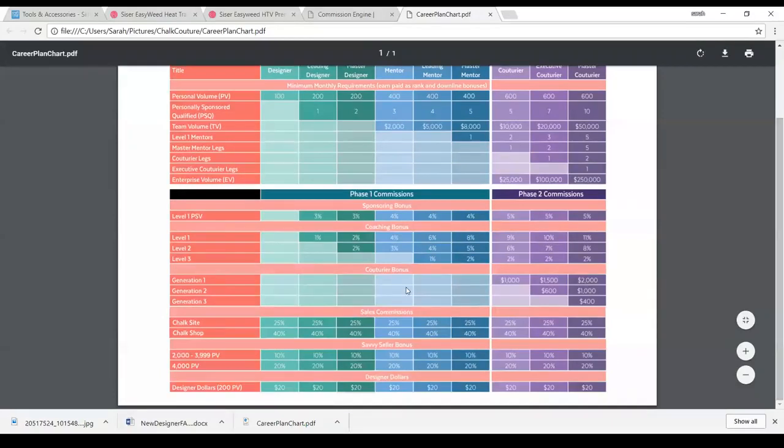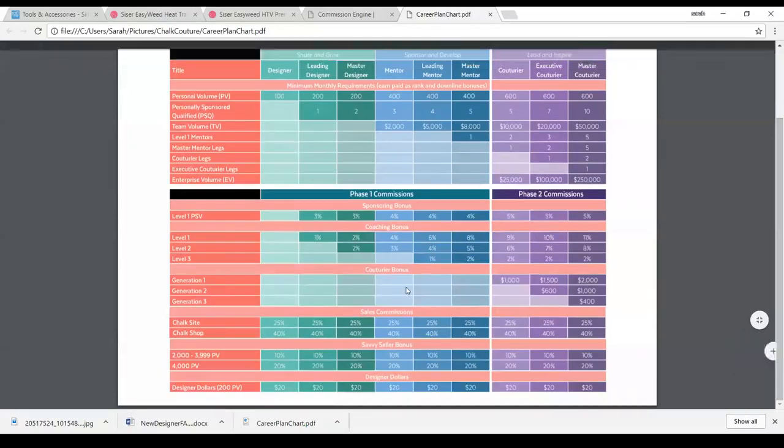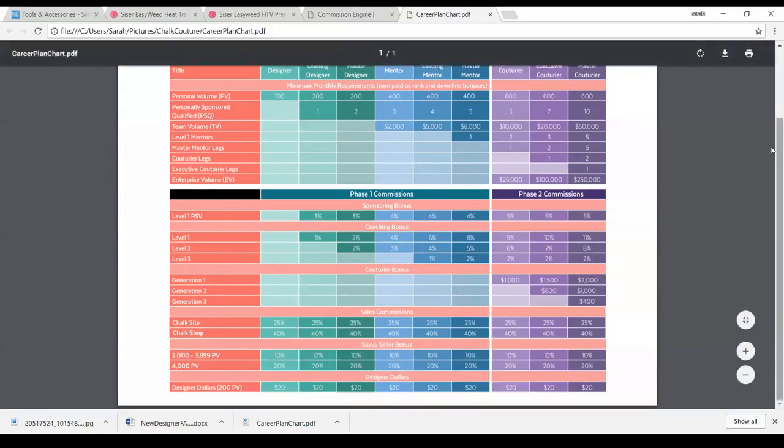So it's definitely doable. It's definitely a really good compensation plan, and you can make legit money doing what you love, making crafts for a living, and telling other people about crafts and Chalk Couture. So it's really cool. On top of these commissions, these bonuses, all this stuff, you also have the opportunity to